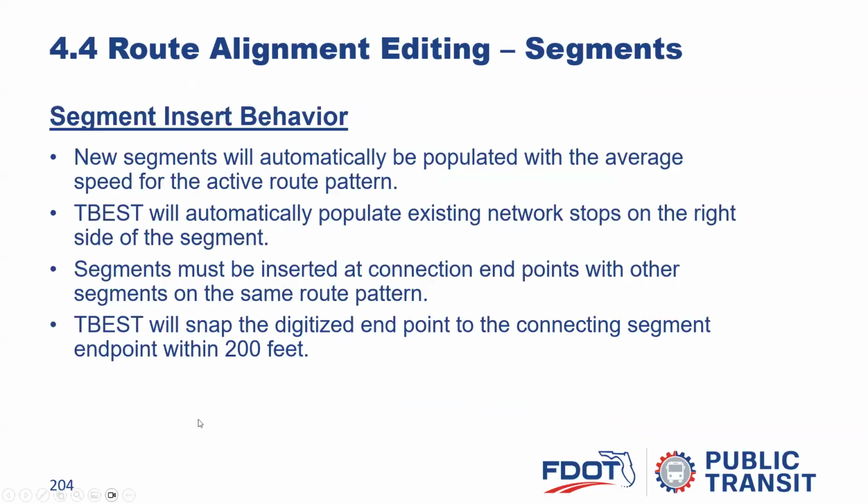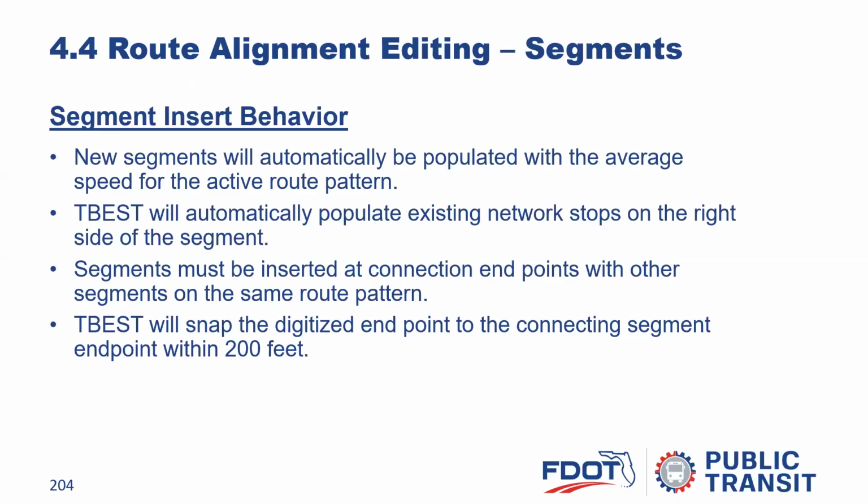Okay, segment insert behavior. New segments will automatically be populated with the average speed for the active route pattern. TBES will automatically populate existing network stops on the right side of the segment. So as you're digitizing and you add a new segment, TBES will look for all the existing stops that exist in the network. And if one exists on the right-hand side of your alignment, your segment that you're digitizing, it will add that